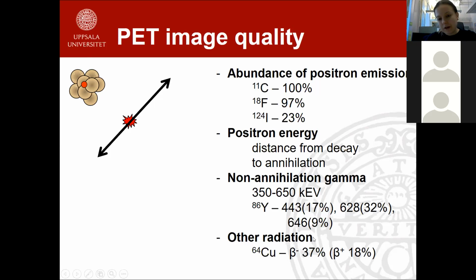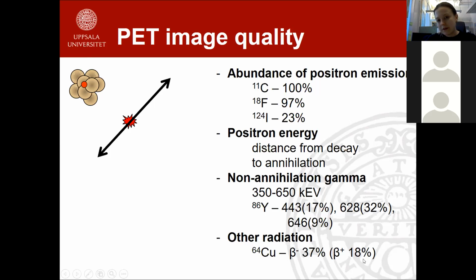And then we should also look at some other undesirable types of radiation. If we're talking about patients, there are some kinds of radiation that are not so good for patients, that can irradiate and really produce damage to tissues. And one of these radionuclides is copper-64. So copper-64 is actually very popular in the US, especially because it can be produced on a cyclotron, and it's popular to use in clinics, but it's not so good because